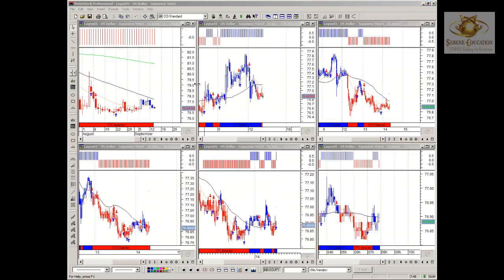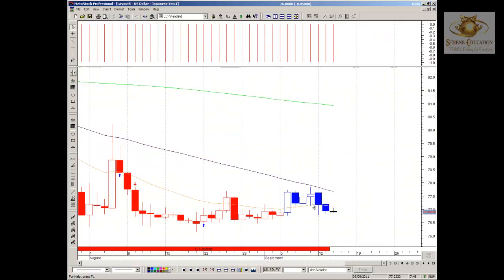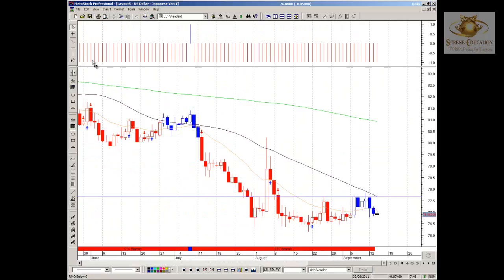Last pair of the day is the US dollar against the Japanese yen. Let's have a look. Price failed to break above the 77.70 mark. We saw resistance, a bearish engulfing, and we've seen price revert to the downside. So price is heading back towards the 76.50 mark, and CTC is half, but you'll notice that swings have begun